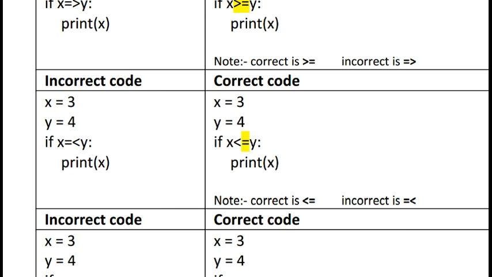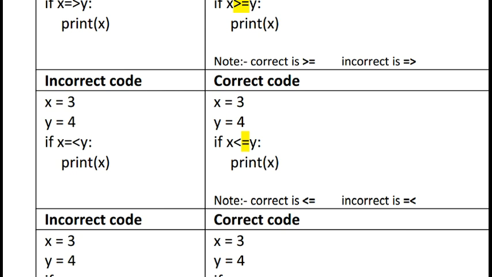You must use x <= y: first less than, then we can use the equal sign. This is the correct code. Equal then less than is completely incorrect.